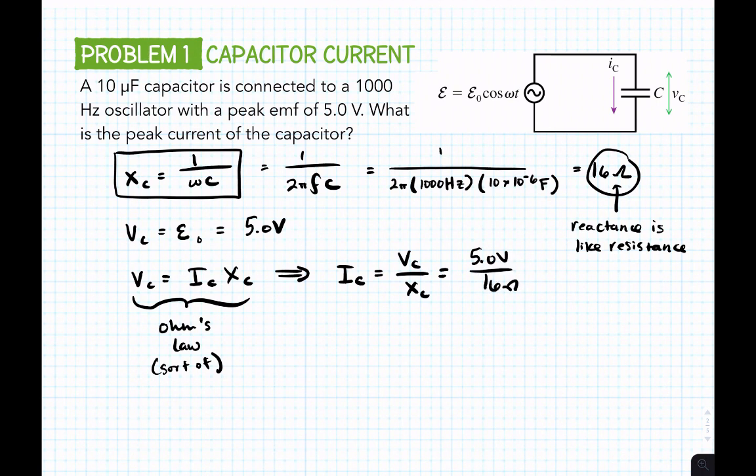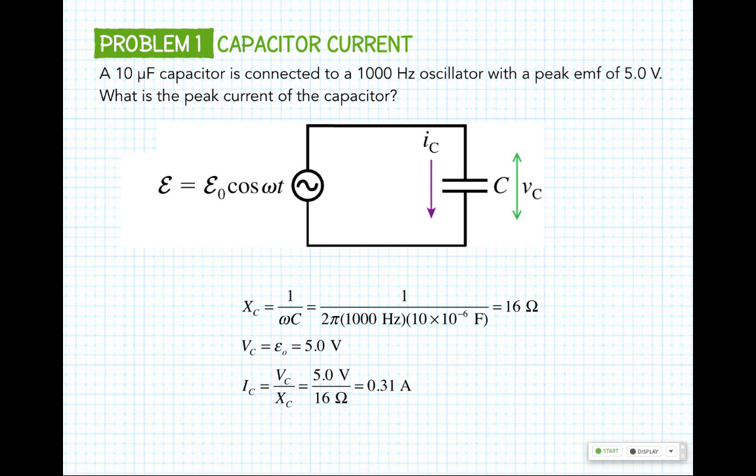Cool. So we're still using Ohm's law. We're just trying to figure out how to deal with resistance in this new world of AC circuits. And remember, Ohm's law now only applies to peak current and peak voltage, which when you're looking at your sinusoidal graphs, are these values, just the maximums, just the peaks of